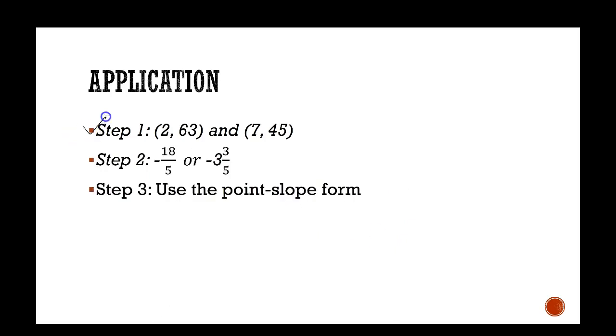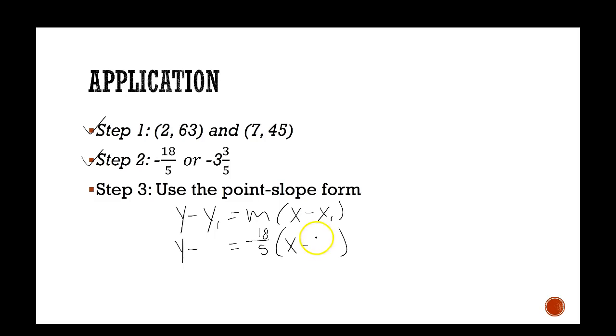Okay, so we did our ordered pairs. We now have our slope. Let's use this point slope form. All right, so we got our slope. Again, I'm going to use the 18/5. I'll use the 2, 63, so 2 is your x, 63 is your y. So I have y minus 63 equals negative 18/5 x. Negative times negative is positive. And let's see,